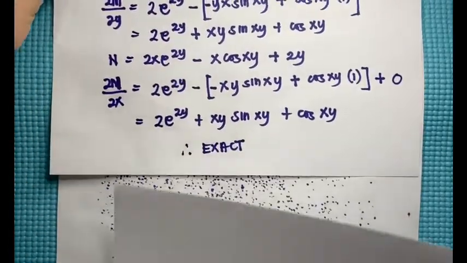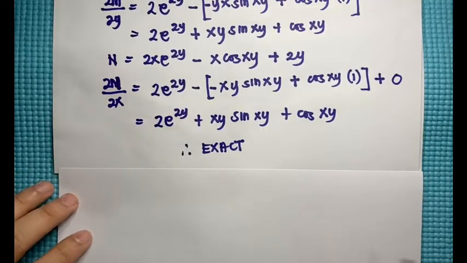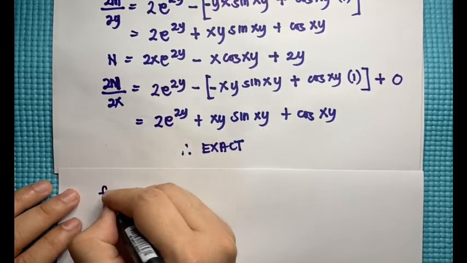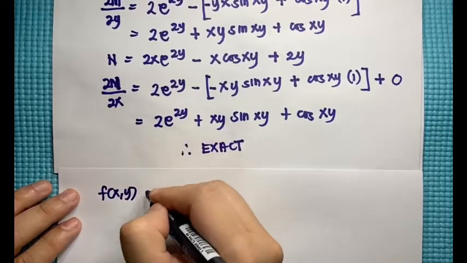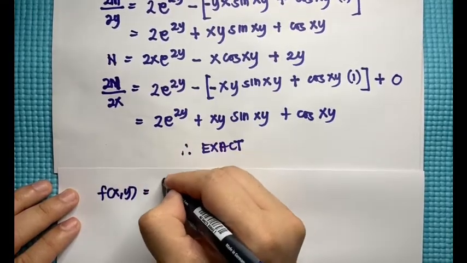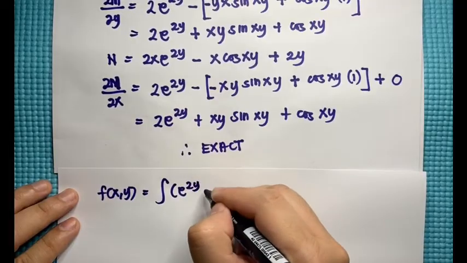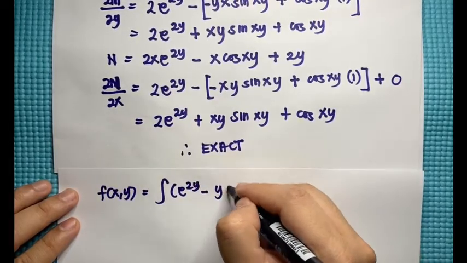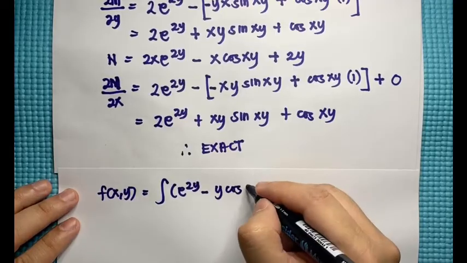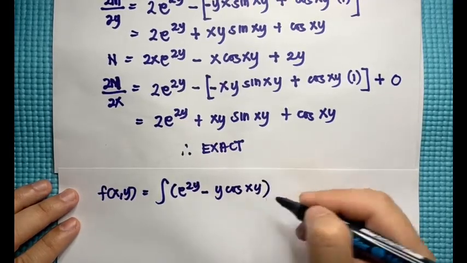In such a case, I'll be choosing M instead. So that would be the integral of e raised to 2y minus y cosine of xy